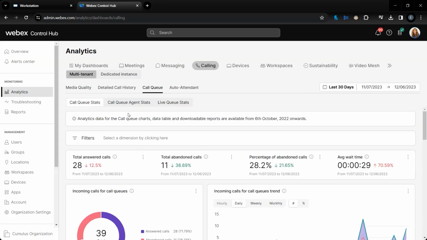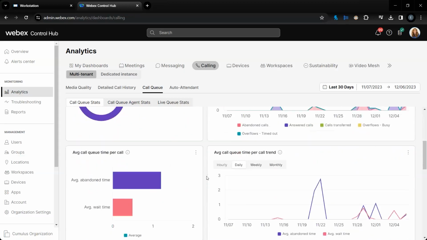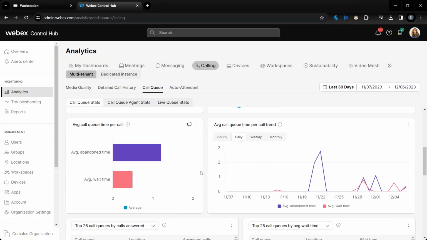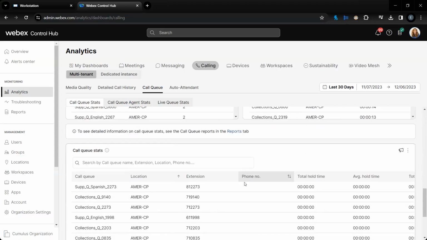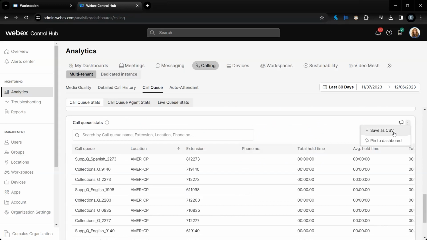When we look at the queue experience for your customers, it has those typical call center KPIs. So you can see your total number of answered calls, abandoned calls, your percentages of abandoned, what your average hold times are. And right now when I'm looking in this view, this is across all of my call queues. I can filter down here in this box via the individual queues or locations as well. And the data here is presented in multiple graphical ways. In addition, you do have all of the raw data at the bottom, which can be exported as a spreadsheet if you wanted to retain that or do further data analysis.